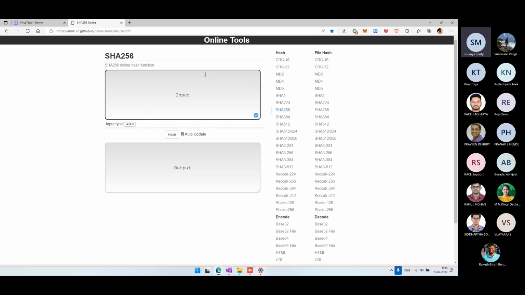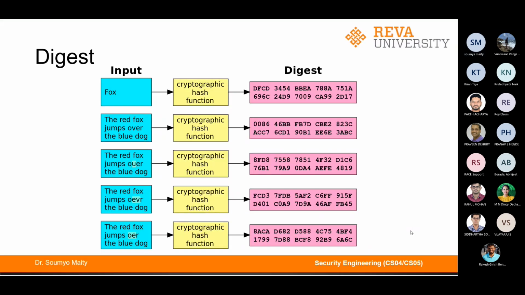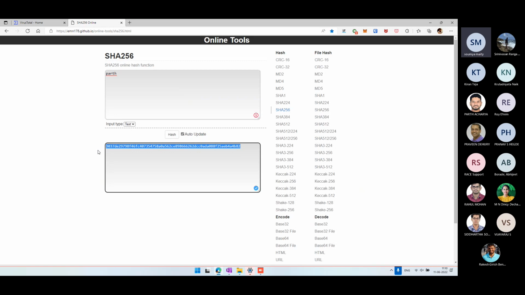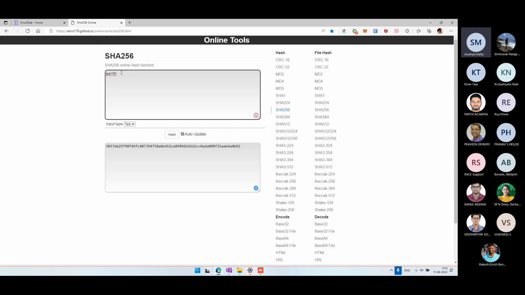Now give me any number, any text. Let us start with one of your names. Say Parth. This is the hash value for Parth's name. And I just change one single thing here. I just add a dot. You see, the entire